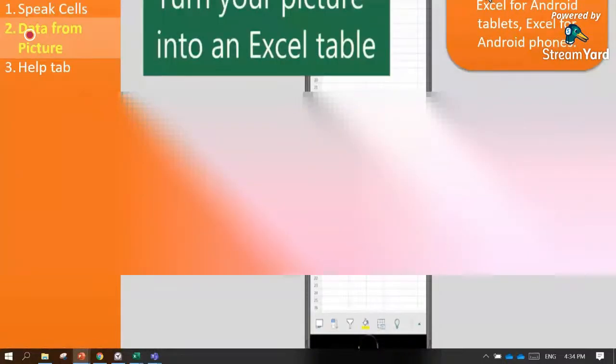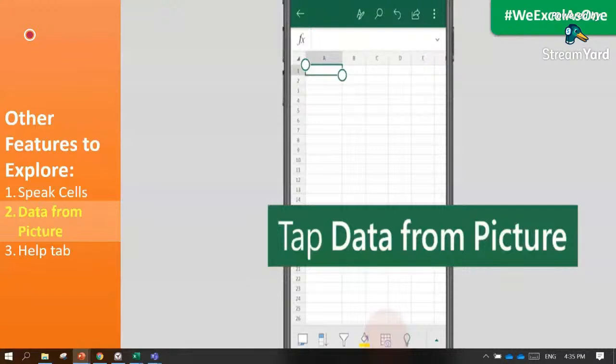And how to do this? So we just have to first install a mobile application of Excel 365. You can just search for that through the App Store or Play Store in your smartphones, and then open that mobile application. So you can have this one here if you have already opened the mobile application, and then tap data from picture. Data from picture is found at the bottom part. This one here is the data from picture icon. So you can tap on that.